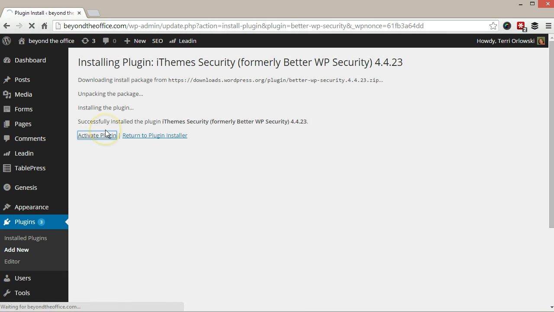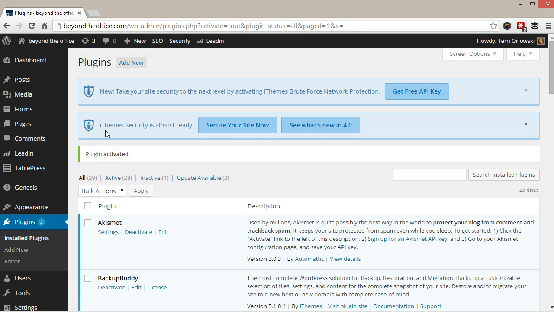And then we're going to go ahead and activate our plugin. One of the things that I really like about iThemes Security is that some of these security plugins have about a billion options, and all of them have a sound reason for being there in a security plugin. So they're all good ideas to have around, but not every site and every site owner and every situation necessarily needs all of the options. So the first thing we're going to do after we've activated our plugin is go to this Secure Your Site Now button. And this is going to take us to